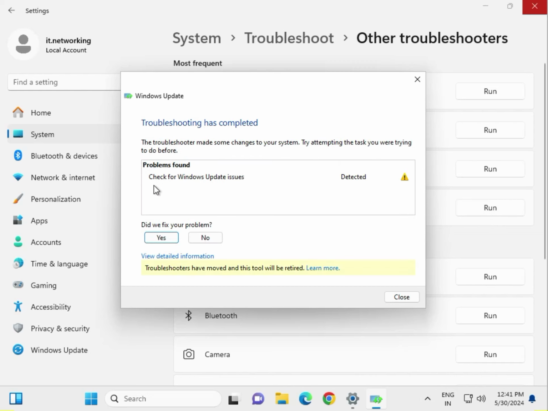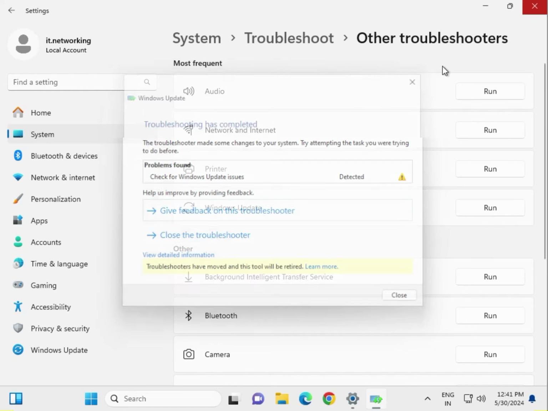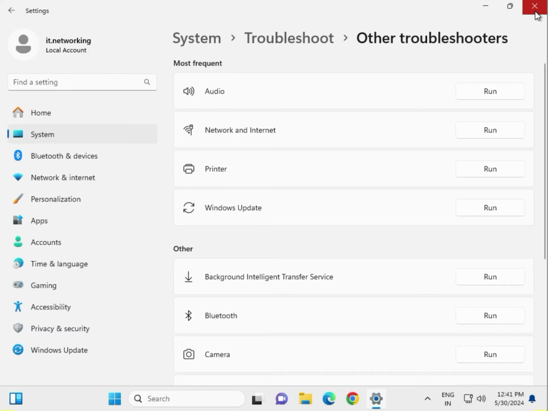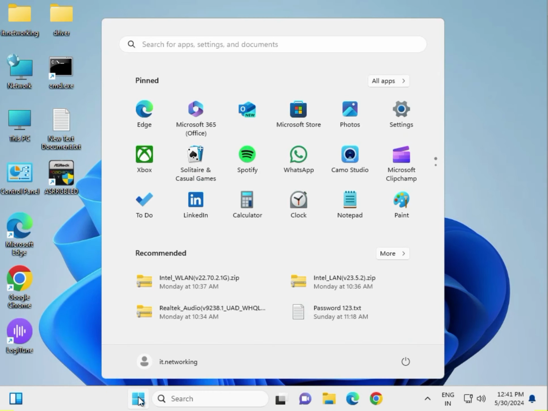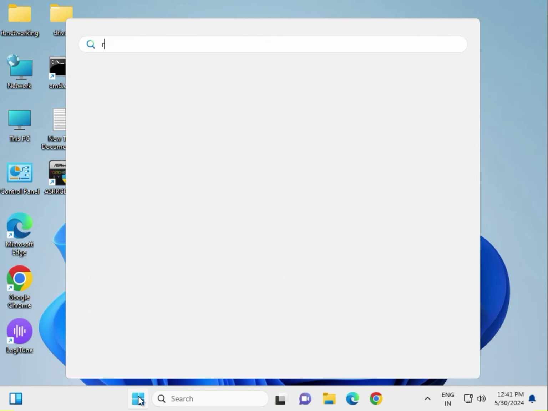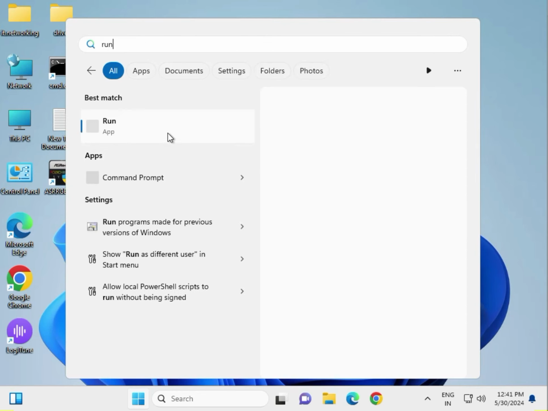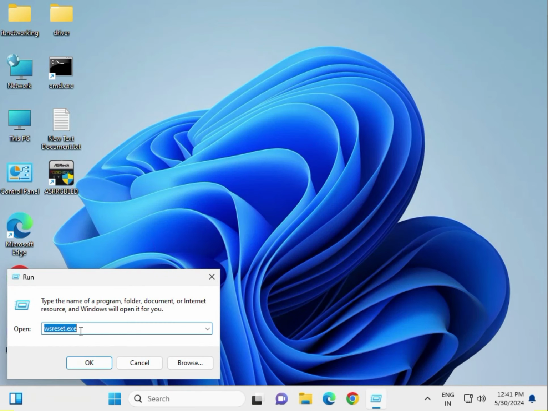It will ask to check the Windows Update issues, then select No, then close, then next. Click Start again. Second solution, click Run, open this, and type services.msc,